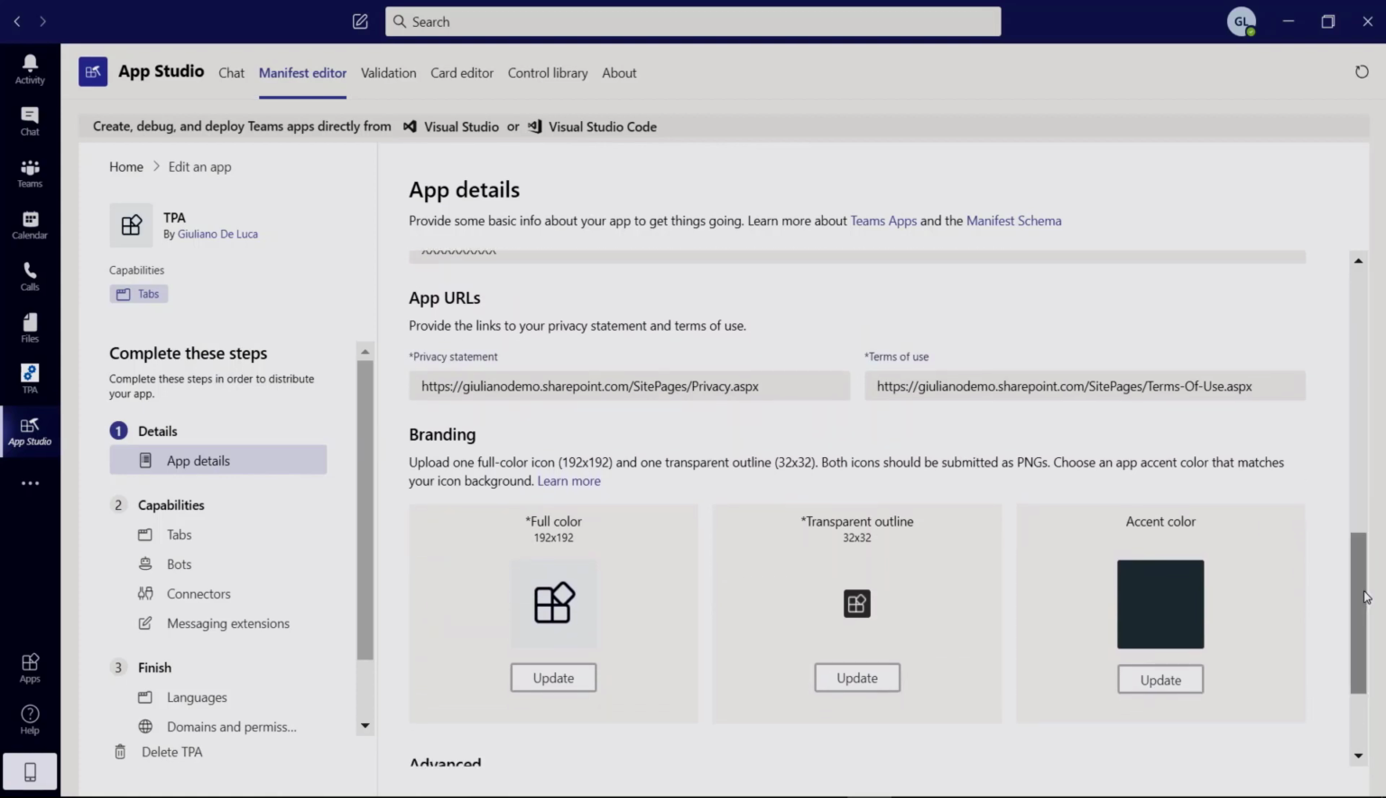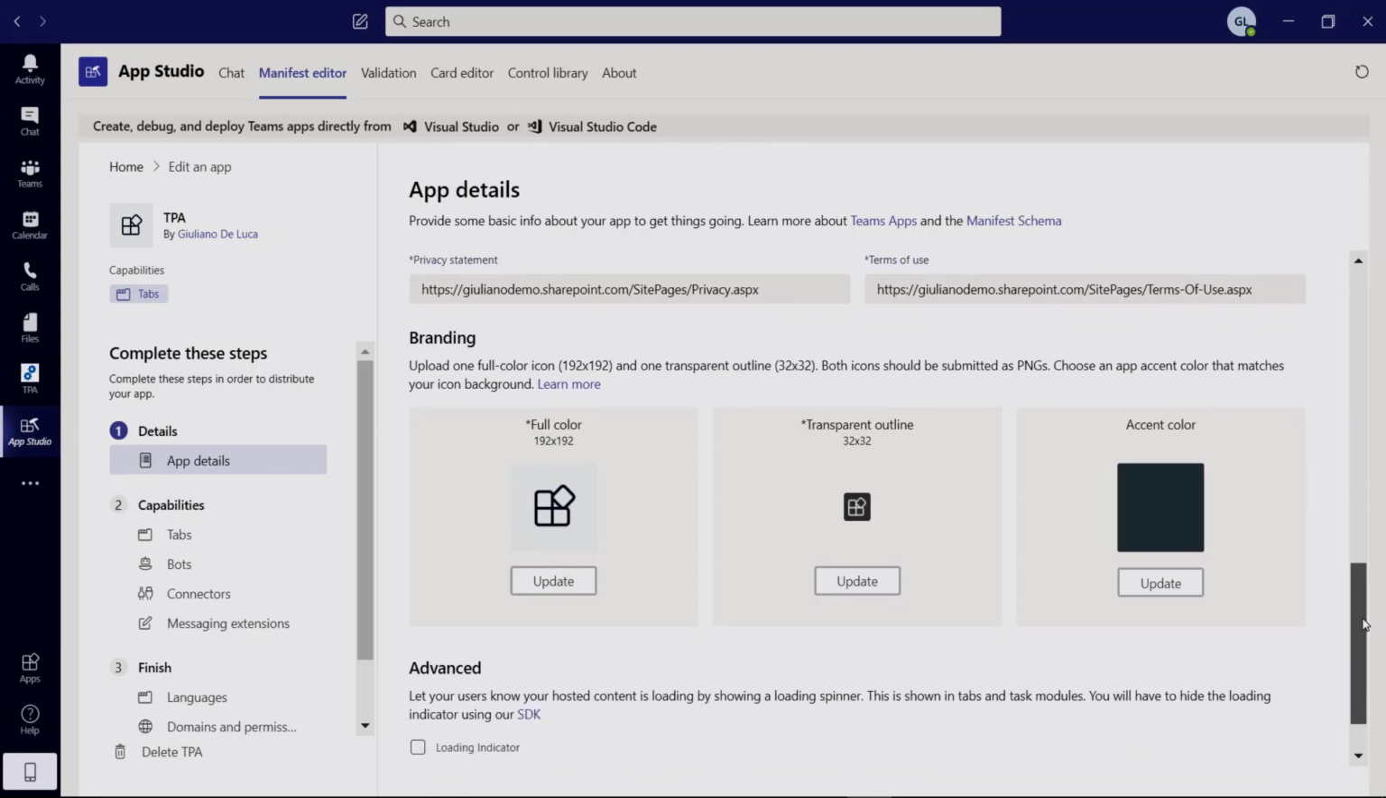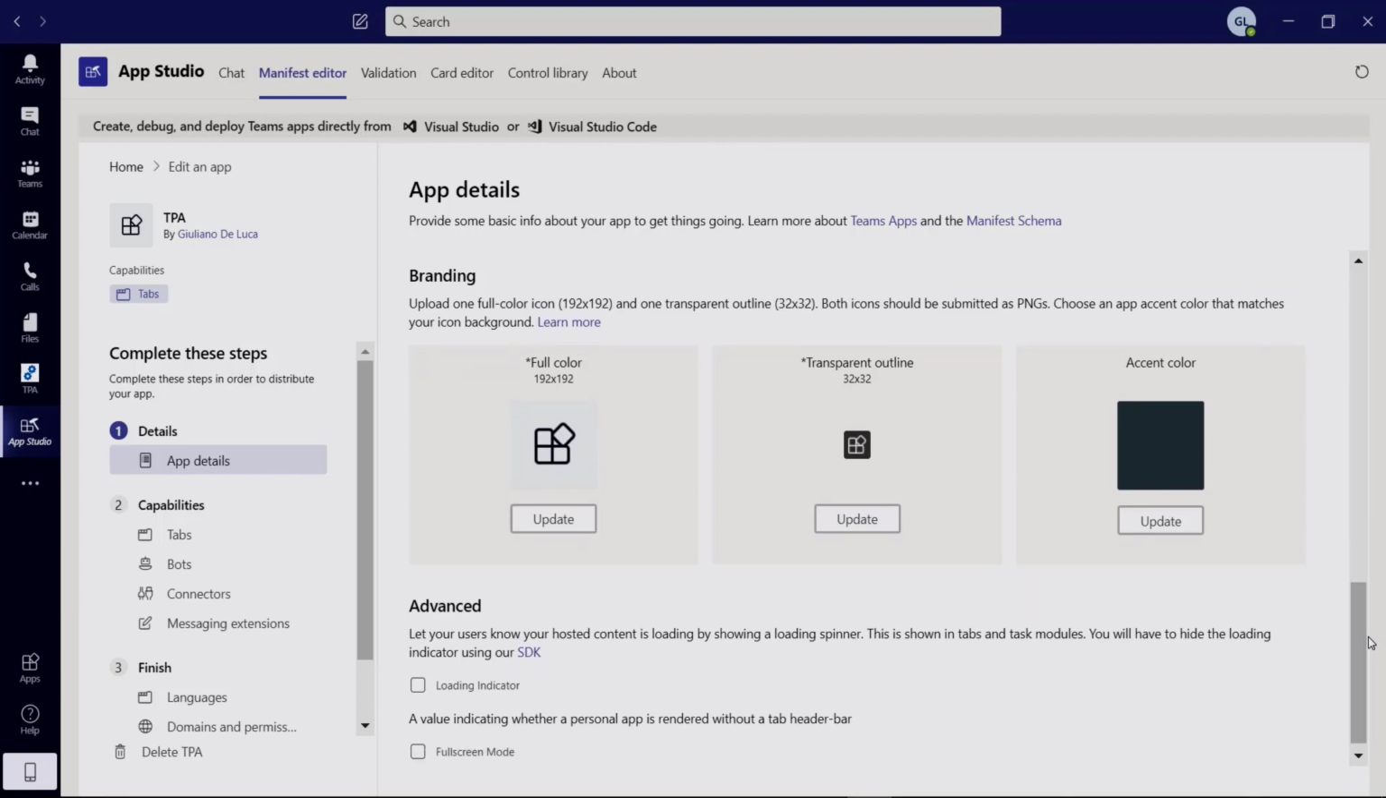And this is exactly the reason why I prefer this second option to deploy a personal app in Teams. Then you can define a privacy statement and a third URL where you can put the terms of use of this application. Then you have to select some icon here. You have to follow these sizes that you have, and the outline here should be transparent, and this is how it will appear also in the store if you want to push the application